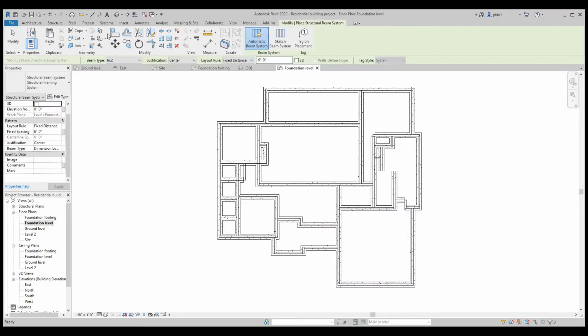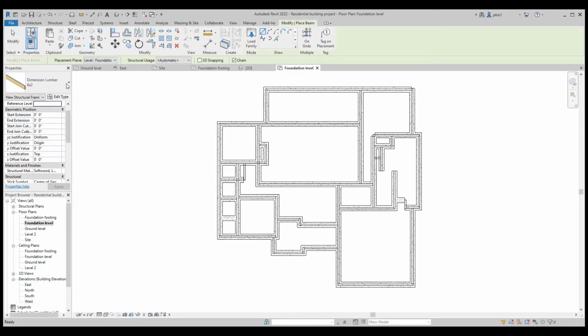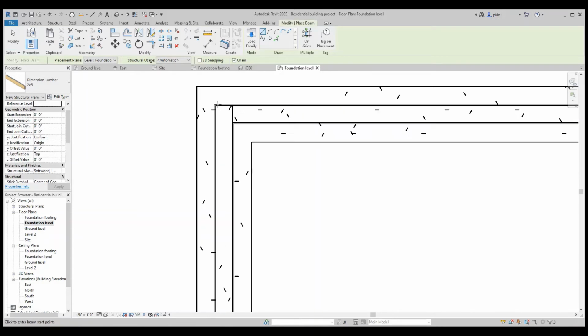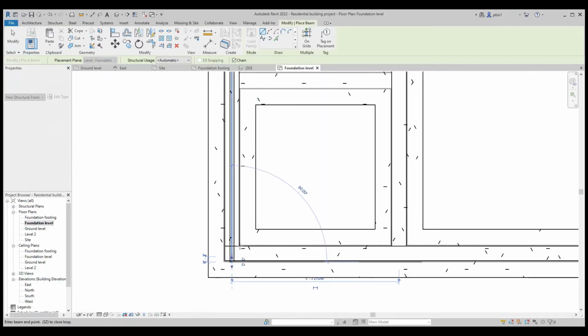The joist that is at the edge. So I'm going to say escape and go back to the joist that will be on the seal plate. So we'll go to the floor. We're still at the foundation level. We'll go to structure and beam, and then we pick the 2x6 lumber and come to the edge. We can draw the joist first and then send it to the edge.